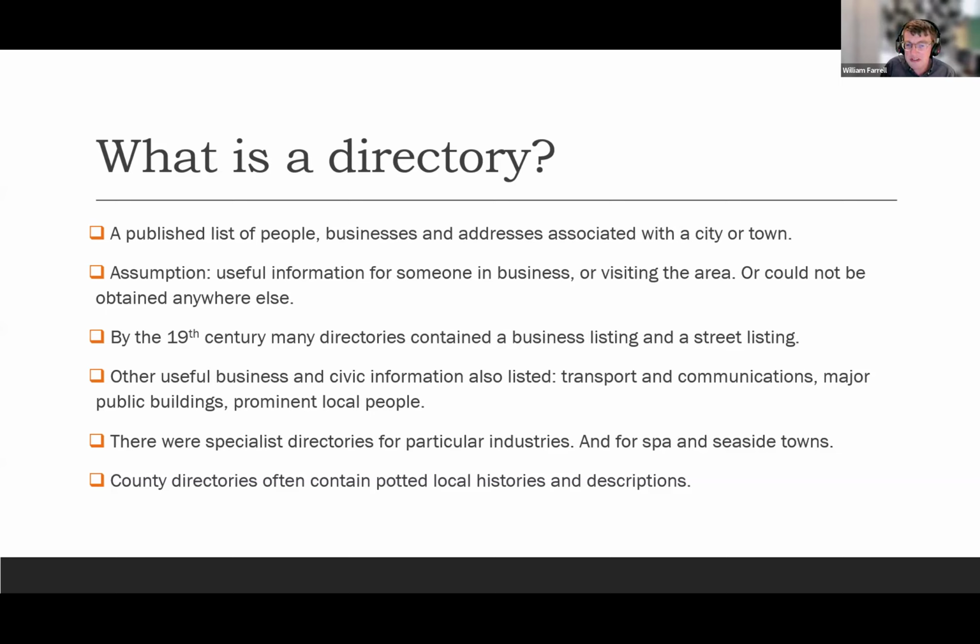Other useful business and civic information was also listed in directories. So you will find quite a lot of information about transport and communications, sometimes put under the heading of conveyancing, but essentially both for passenger transport, for moving goods around, using the post office, then using the telegram system and then the telephone system. Also prominent public buildings that you might want to visit or use, and also prominent local